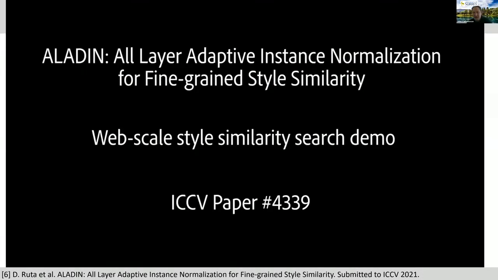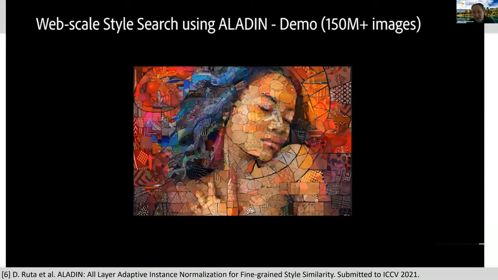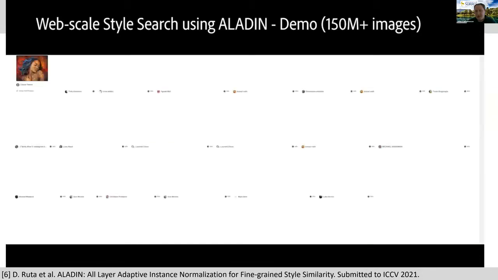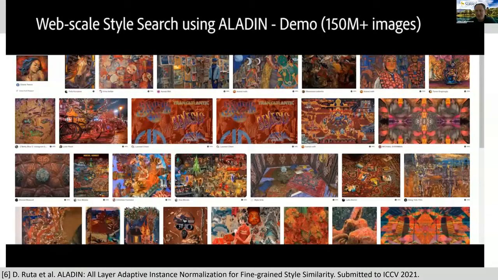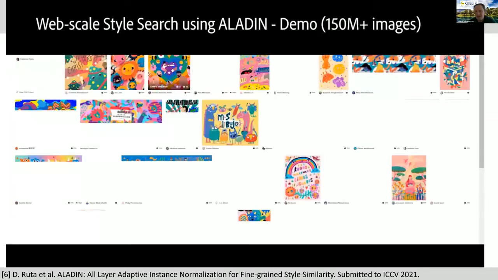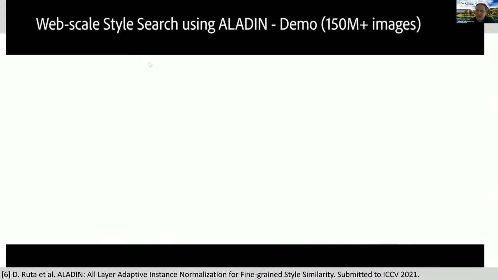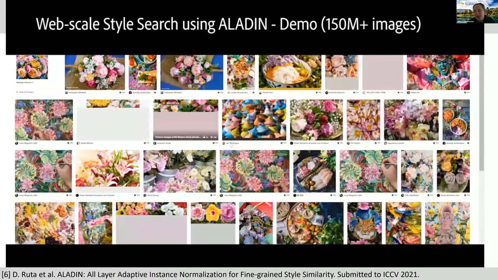Another example of learning with very little annotated data is a refinement we made to the style-based visual search I showed a moment ago. We call this work Aladdin, and basically it's a visual search system that again was trained on Behance, but instead of putting out the images for annotation, so to train off categories of style like watercolor or oil paint and so on, which is quite hard to define in a fine-grained manner, what we did here was train the system using the user collections on Behance.